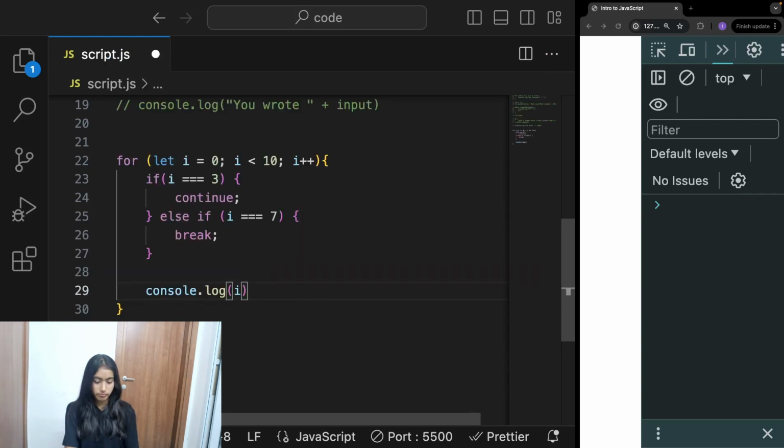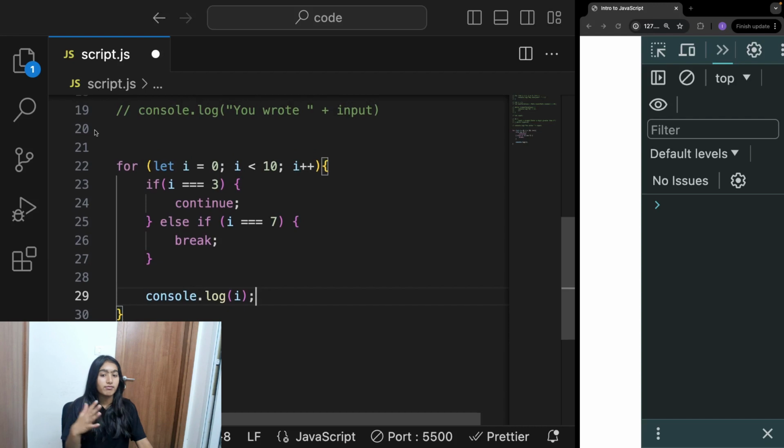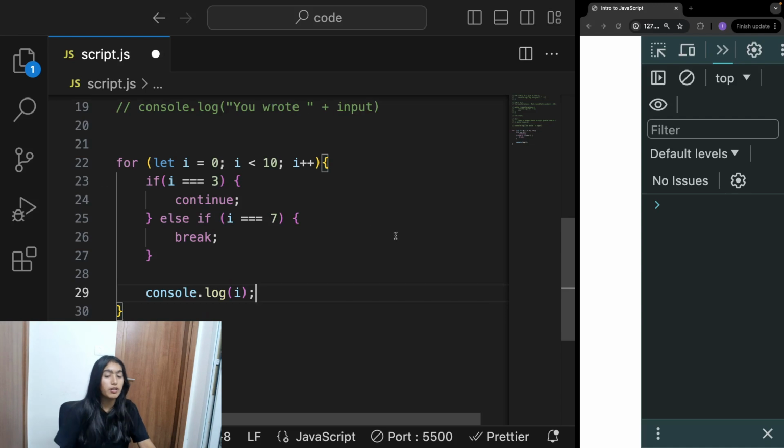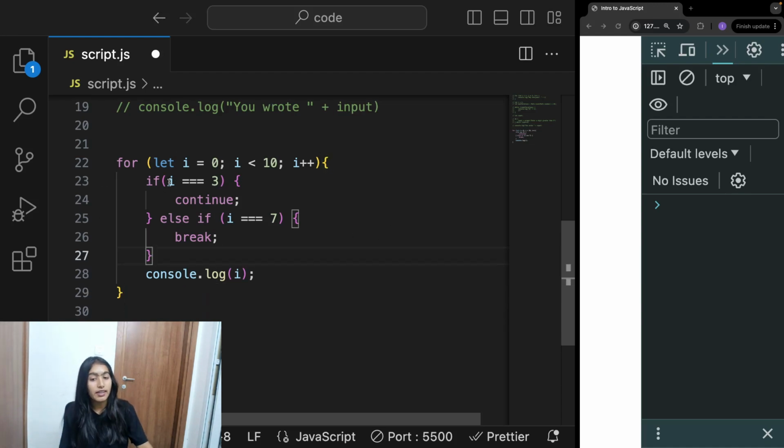Now see, I've written a for loop here that says i's value is 0, and if i is less than 10, then do this, and i plus plus. So until 10, the numbers are going to be printed out. But here there's an if statement that checks, is i equal to 3?